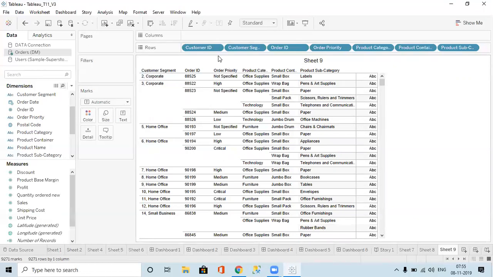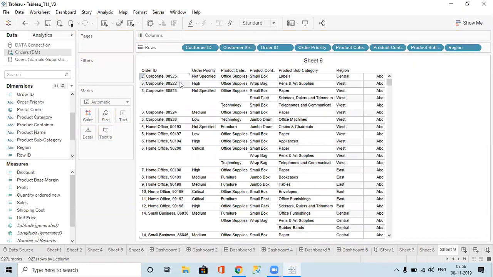it will do the concatenation. So only 6 we can show at a time, but in Power BI there is no such limitation. Initially we can show only 6 at a time. When the 7th is there, the first one will get merged. If I add one more, for example region, then order ID also will be merged. The earlier columns will be merged and shown. Did you understand, guys?